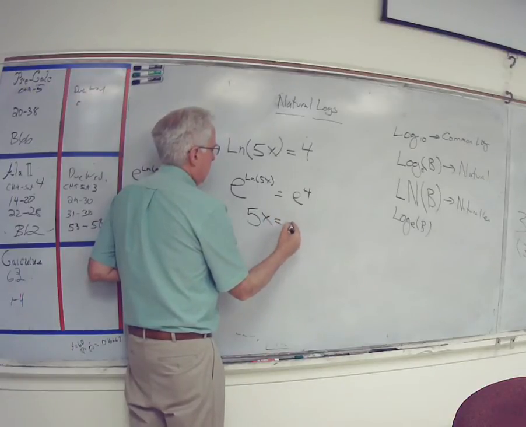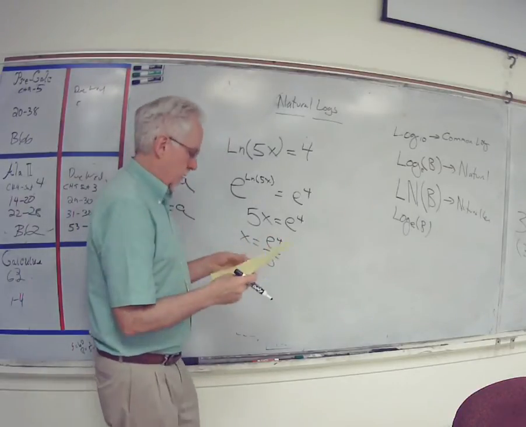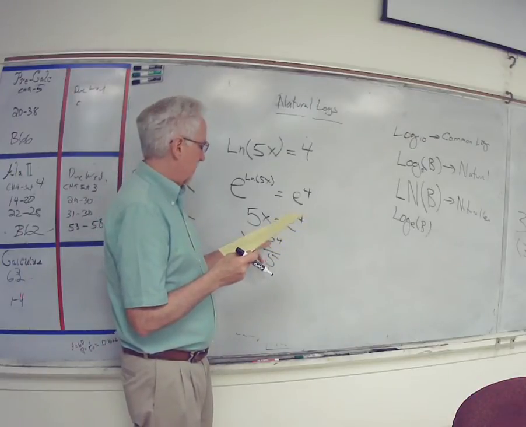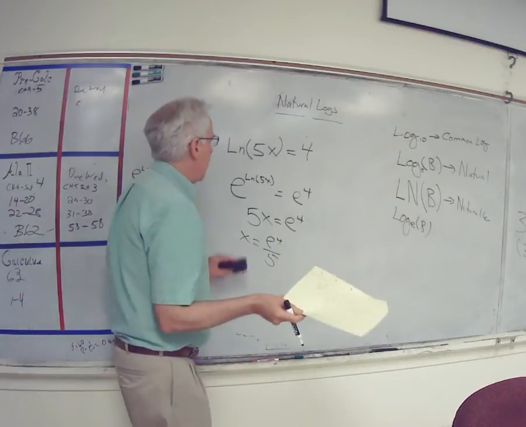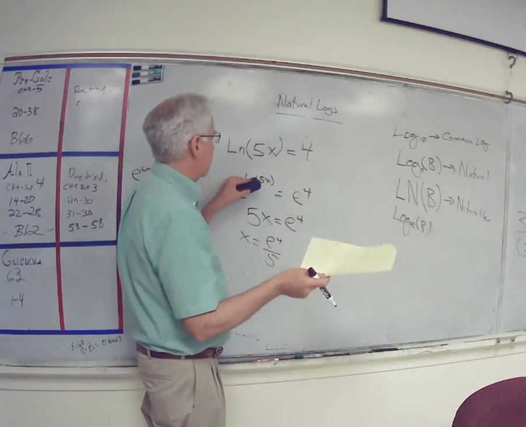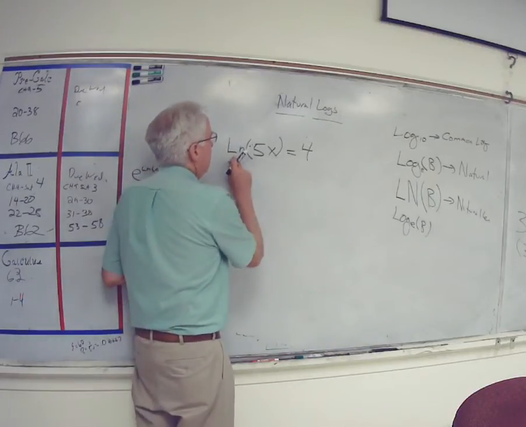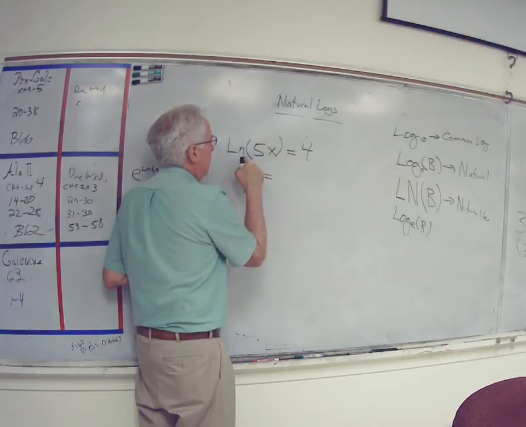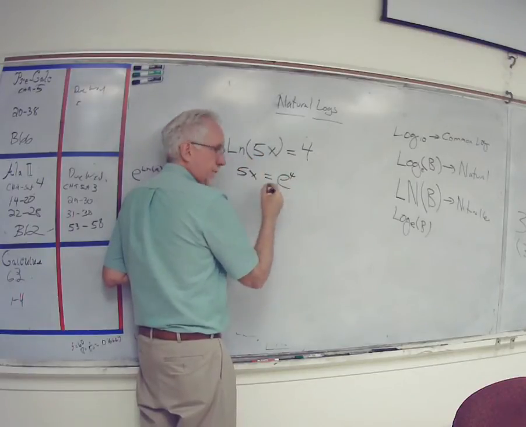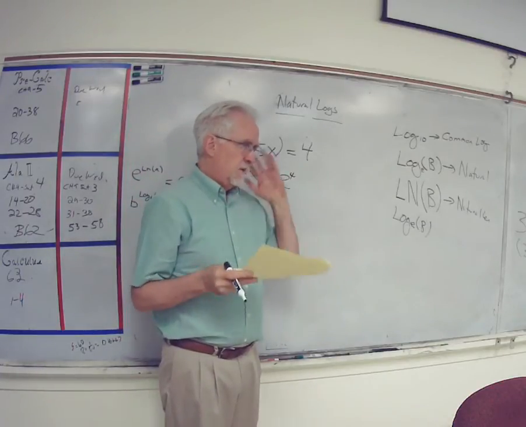5x is equal to e to the 4, x is equal to e to the 4 over 5. And remember, e to the 4 is a number, right? You can put it in the calculator. Mario, I raised both sides to e so you would learn that. What you said is just put it in exponential form. You drop the ln, right? 5x is left, and then the base comes over here, e to the 4. That's what you were saying, right? But did you understand how I did it, just so that you can kind of think of it that way